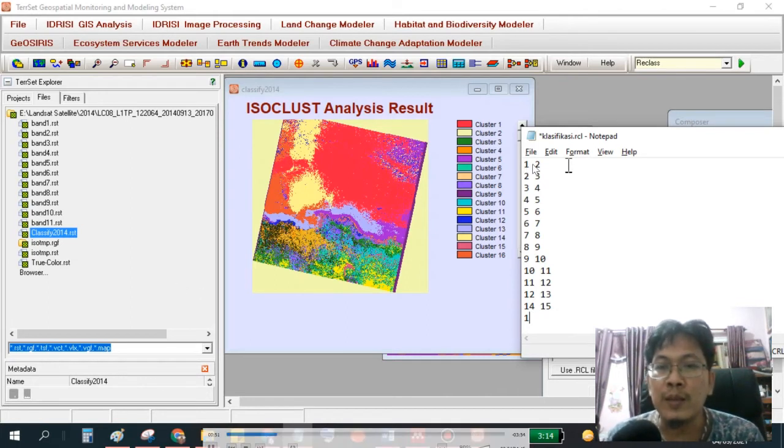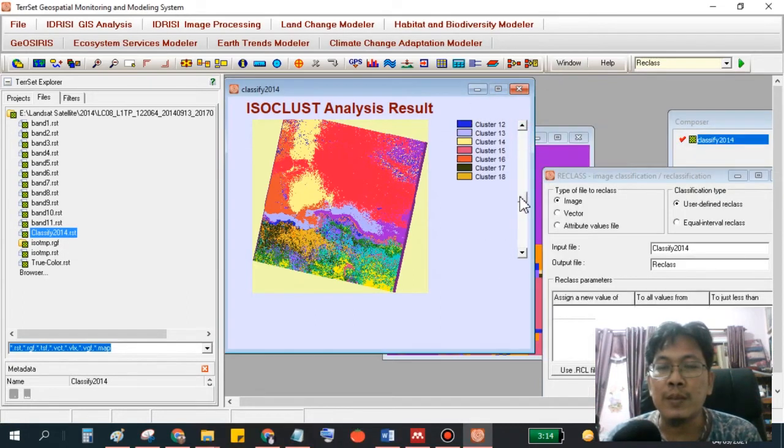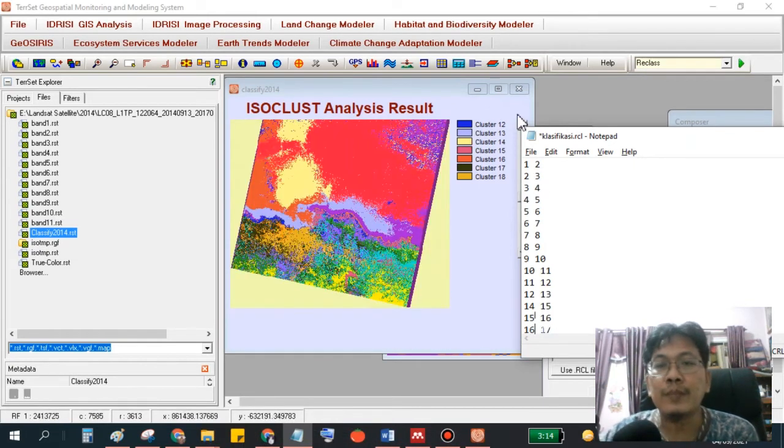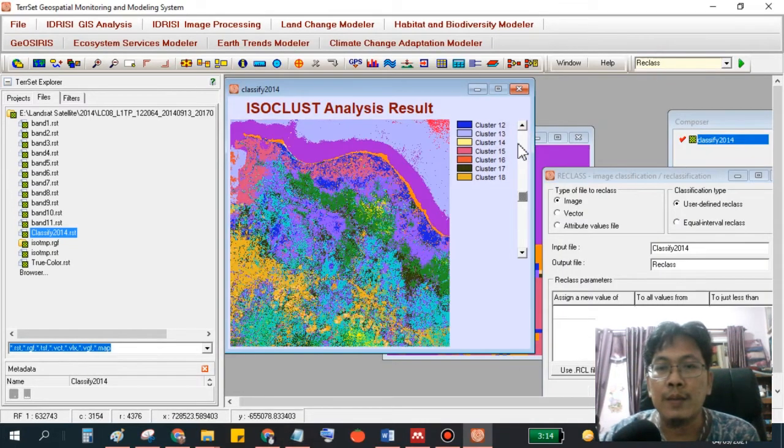Why do we use 1 2, 2 3, 3 4? Because we use the range, for example 3 to 4, so from 3 and 4, this is the cluster 3. Okay, we can use Notepad.